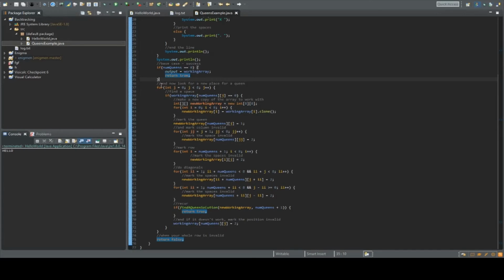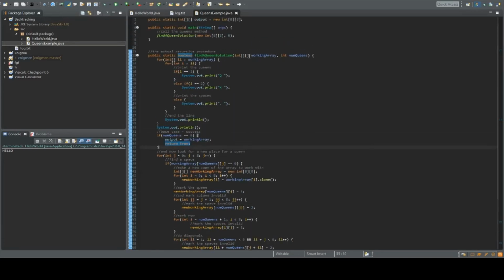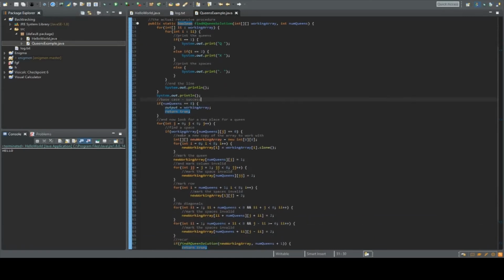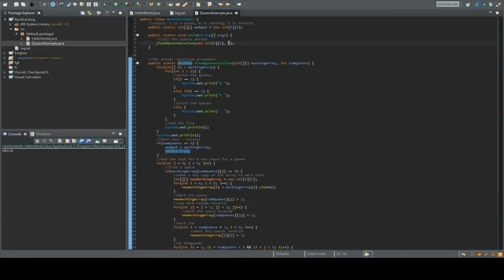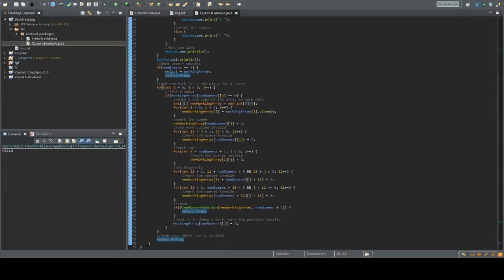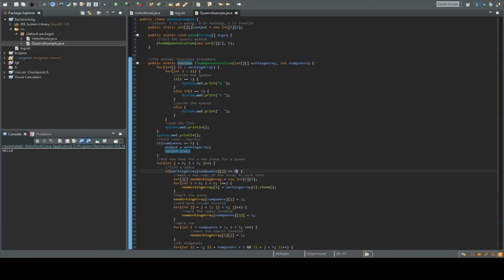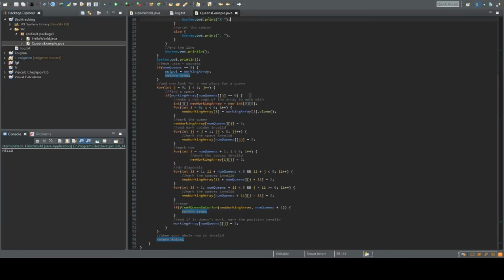And the way you place your next queen is by going through, you start at the row of the number of queens, because the way I do it, I work down from the bottom of the chessboard, and I put a queen in each row. And so I start at the very top row, which is the 0th queen to place. And so I put it down, and I do that by going through each possible space in the row, and if it is 0 in the array, and up here I say 0 is nothing, that's an empty space,